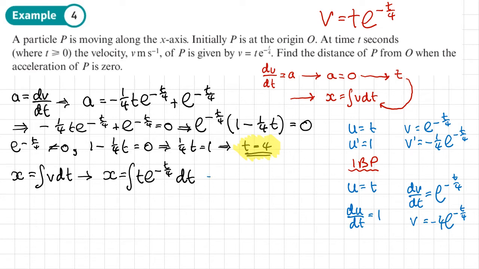So now we'll do our integration by parts, and that will give us x is equal to, now it's uv, so it's -4t e^(-t/4), that's our uv part, minus, and it's going to be integral of